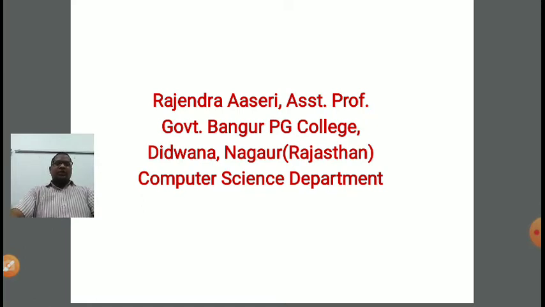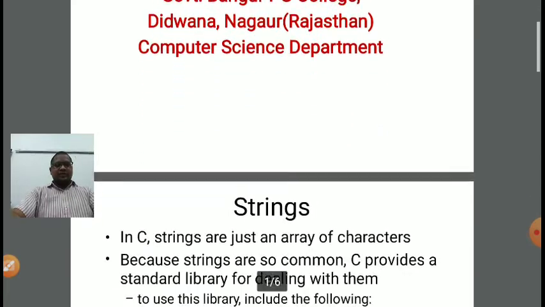So, dear student, today we are going to discuss a new concept in C programming named string: how to declare a string, how to take input in a string, and what the significance of using strings in C programming is. Next we will discuss structure, what a structure basically is, and how to implement structure in C programming. All of these things we are going to discuss in today's lecture. So the first topic is string.